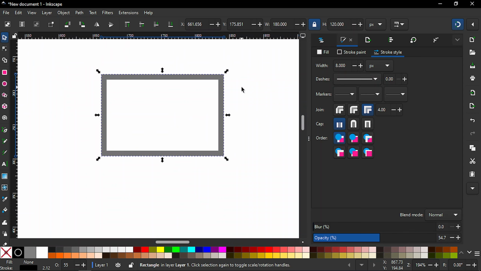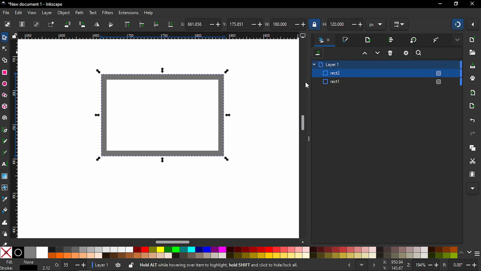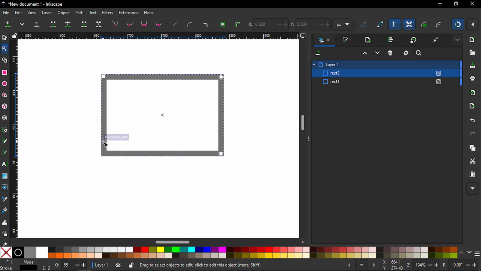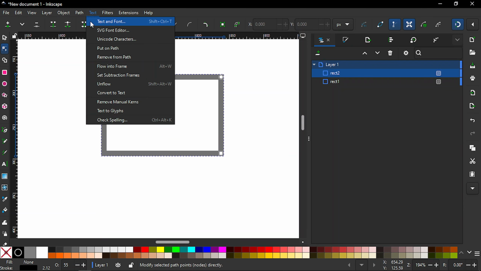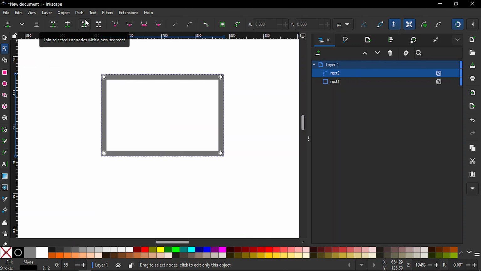Now if we come to this layers panel, we will see this is just a rectangle object, right? So this is still not a path. That's why if we go to the nodes tool by pressing N on our keyboard, we don't see all the corner nodes like that. So what we will do now is first convert this object into a path. So we'll click Path there, and we will go Object to Path, and then we will see these 4